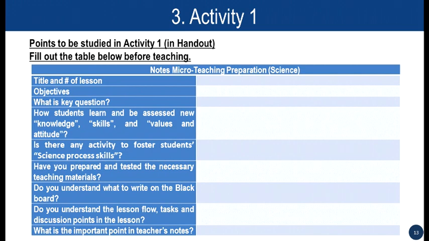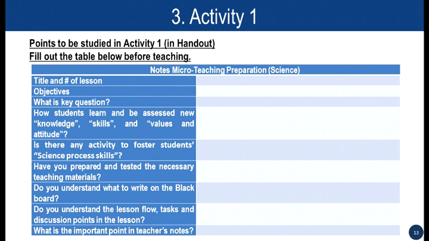You will fill out the title and the lesson number, the objective, what is the key question of the lesson, how the students learn and be assessed, new knowledge, skills, values, and